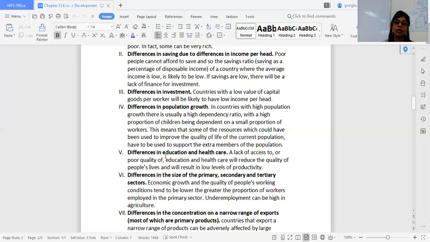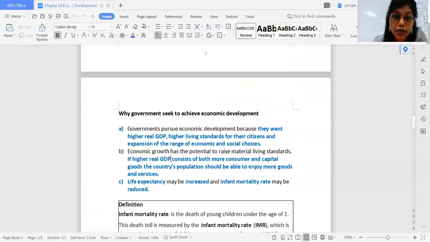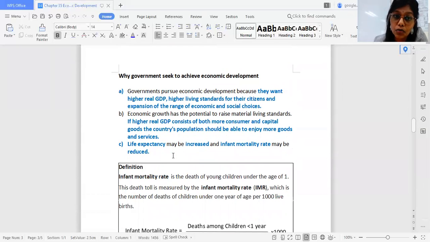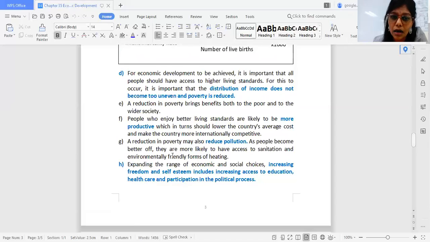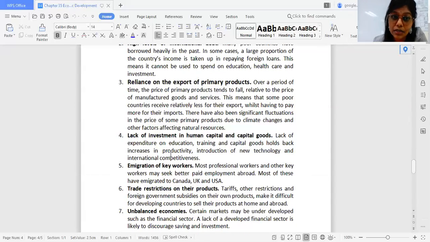So when we are talking about development, we cannot narrow it down to one particular factor. We have to look at the overall performance of the country. That is what we are talking about regarding development. In the next class, we'll be looking into how to achieve economic development. We can look into many factors: why governments seek to achieve economic development, what the causes, impacts, consequences, advantages and disadvantages are. We will look into them in depth